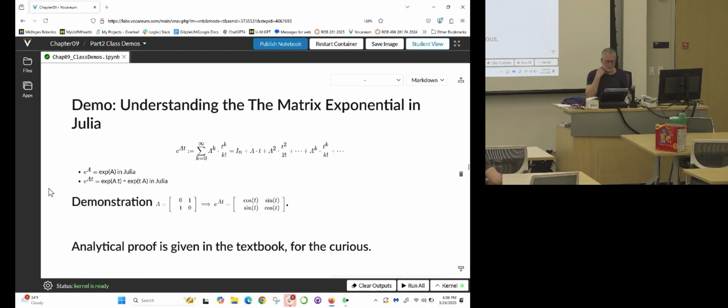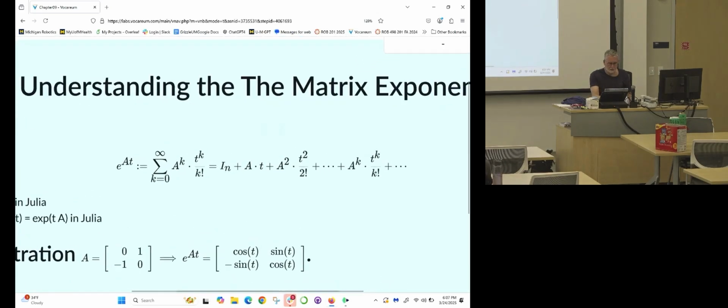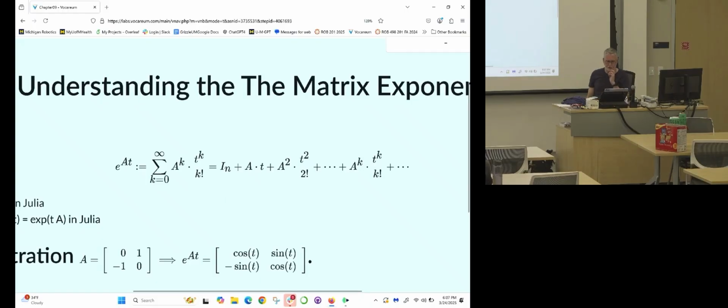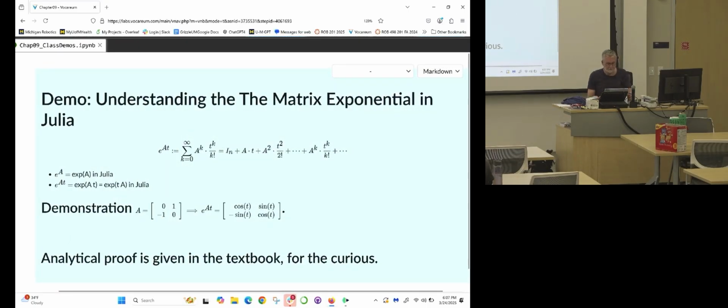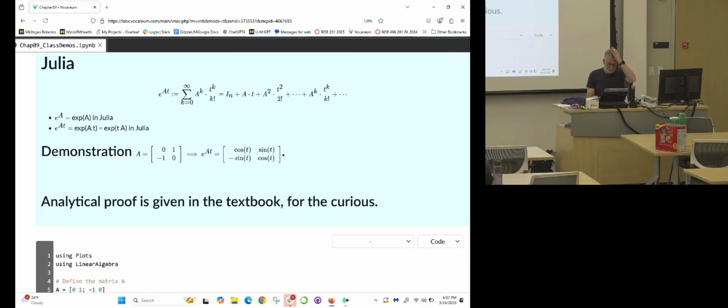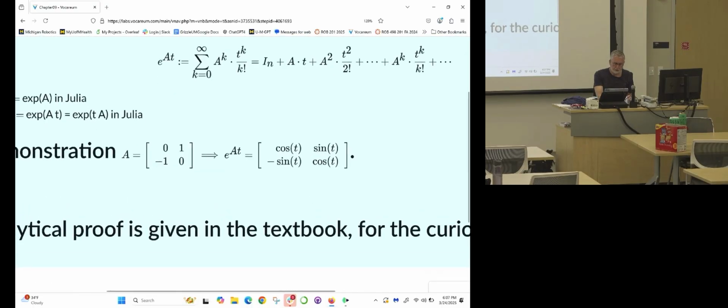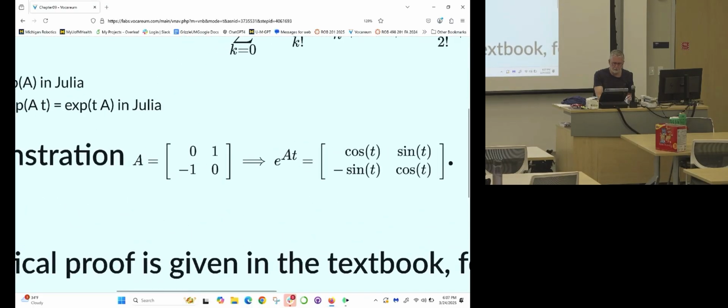Okay, understanding the matrix exponential in Julia. There's the power series, and we know how to create identity matrices, raise matrices to a power, and add up matrices. So we know how to compute this. The first thing I want to show is e to the At computed in closed form for a very simple matrix, 0, 1, minus 1, 0. And I claim